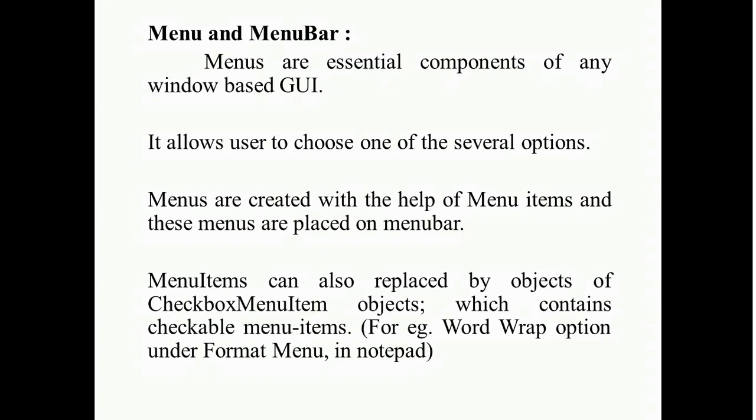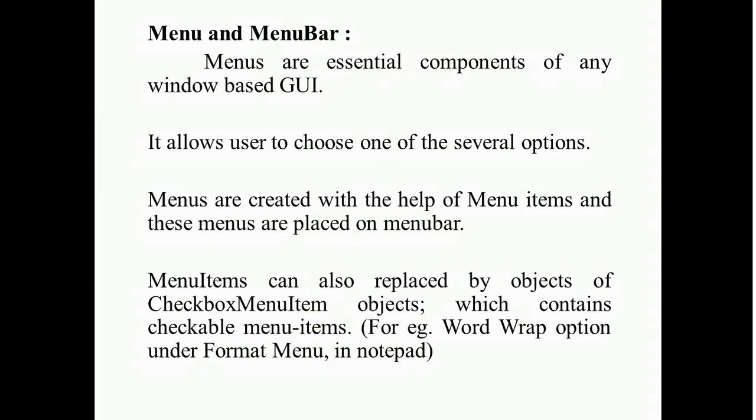Menus are the essential components of any window-based GUI, that is graphical user interface. A menu bar is a most useful component. Menu bar is associated with the top level window, that is only frame class can have a menu bar. In Java, menu bar is generated by coupling of three different classes. Those classes are menu, menu bar and menu items.